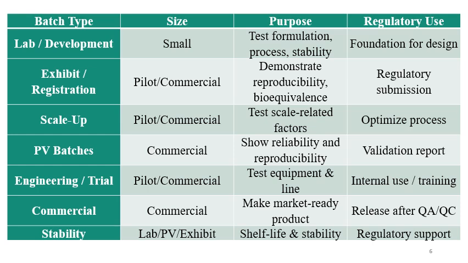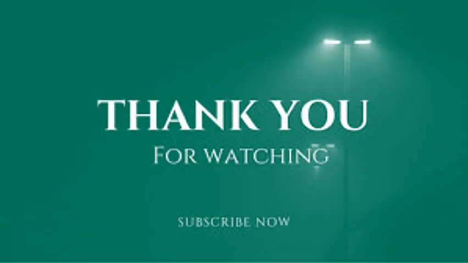Stability batches, these are the exhibit batches or PV batches, you can say. These may be from the lab scale, PV scale, or exhibit scale, to generate the stability data, to understand the storage conditions, to understand the potential degradations, impurity qualification, and many other activities are performed. Stability batches for the shelf life and stability determination, and these are required to be done with all regulatory requirement compliance, and these batches' data support the regulatory filing.